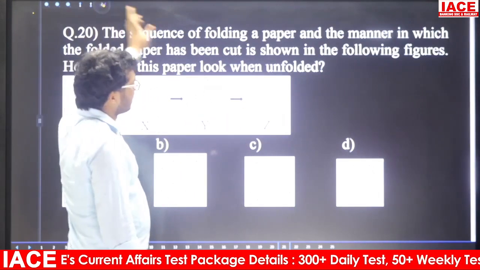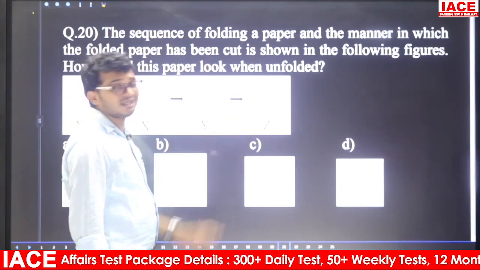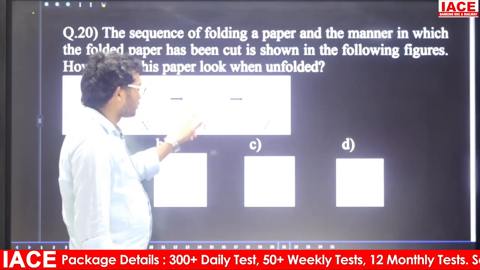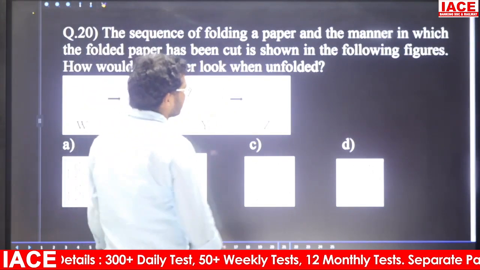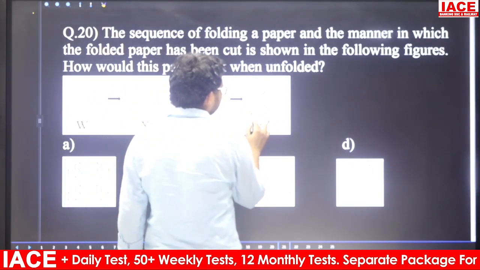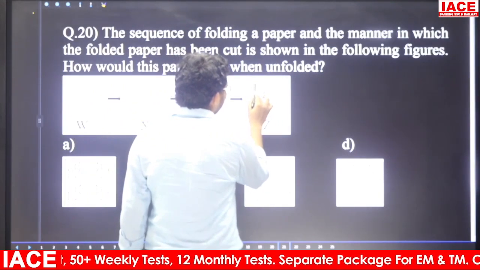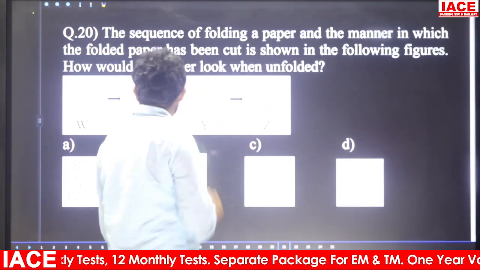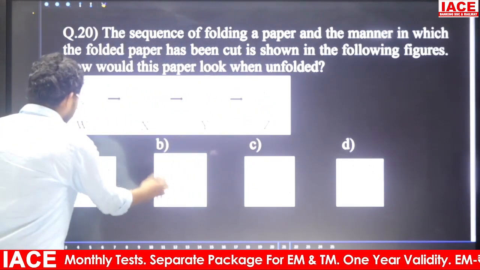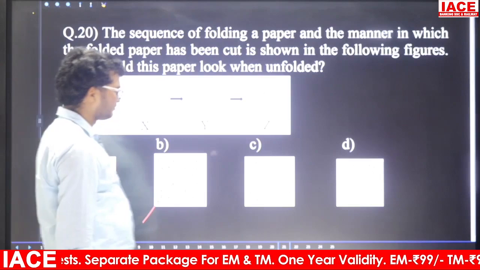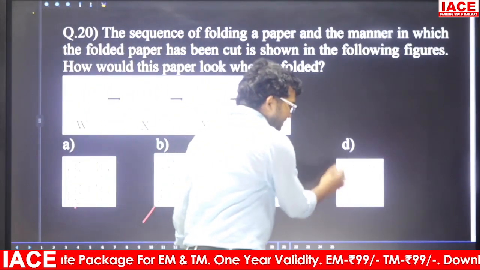Now friends, in the bottom part they have given one right angle, one arrow. So folding is from top to bottom, and unfolding is from bottom to top. That means this arrow will be like this. Now this one is top to bottom, so now this should be like this. One check here. Here they have given right angles, both are the same, no change. Here also they have given the same, no change. Next here also right angles, both are the same, no change.